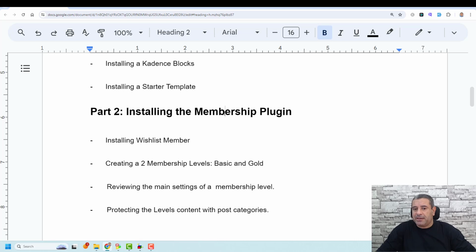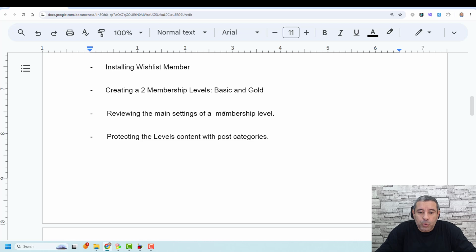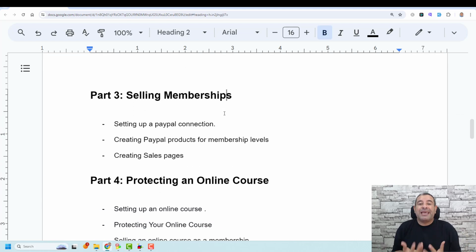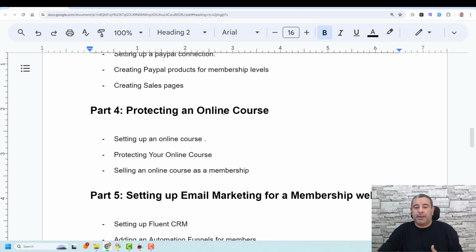And now once you could protect certain parts of your website, you need to sell your memberships. I'm going to show you how you can sell your memberships using PayPal, but you can still do the same if you are using Stripe, Thrivecart or Samcart, because Wishlist Member is integrated with so many membership payment gateways or even payment plugins. I'll show you how you can do this using PayPal in part 3, and in part 4 I will